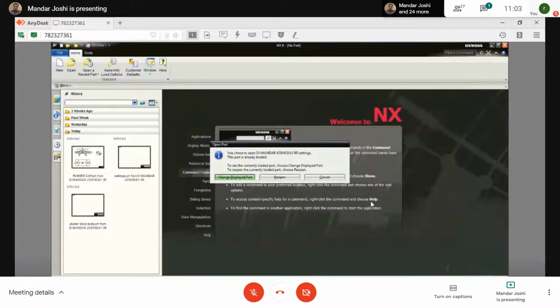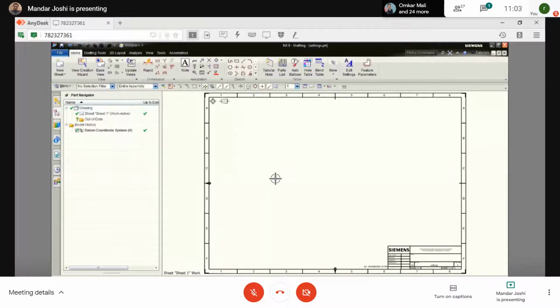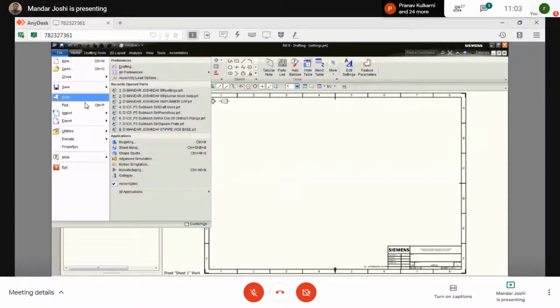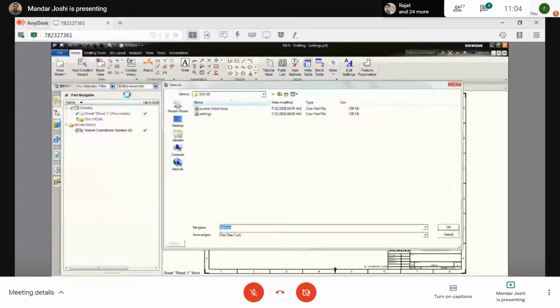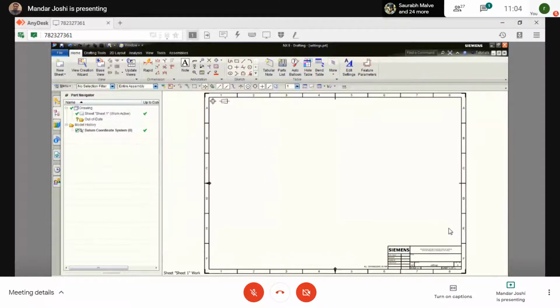So first you open that setting file instead of creating a new file, and after that you go to file, save as, and give the component name, base. Okay, now this is your component.